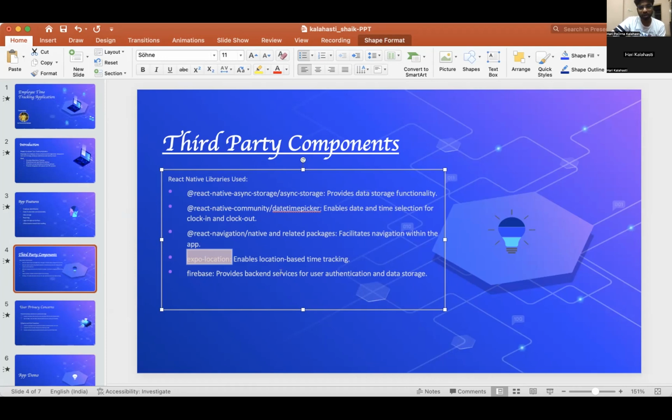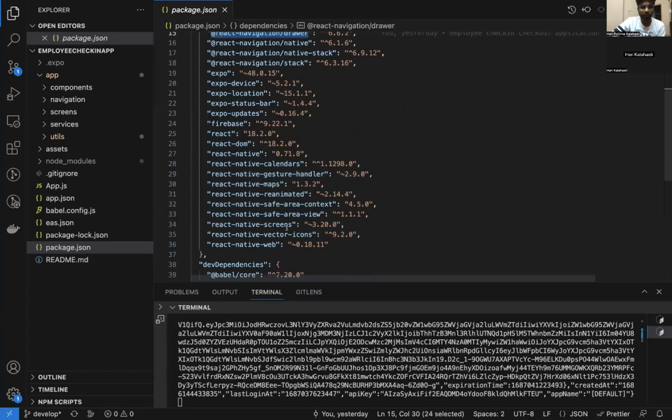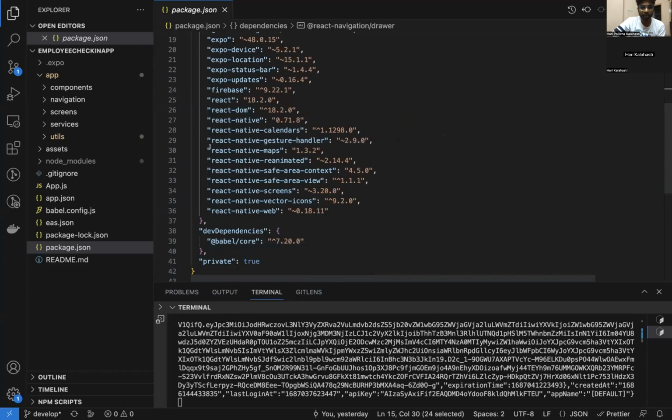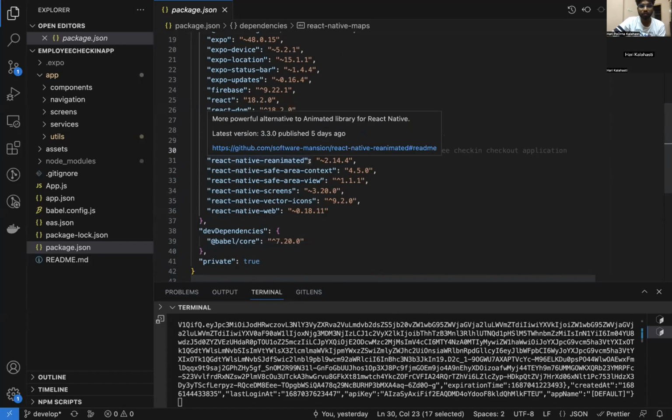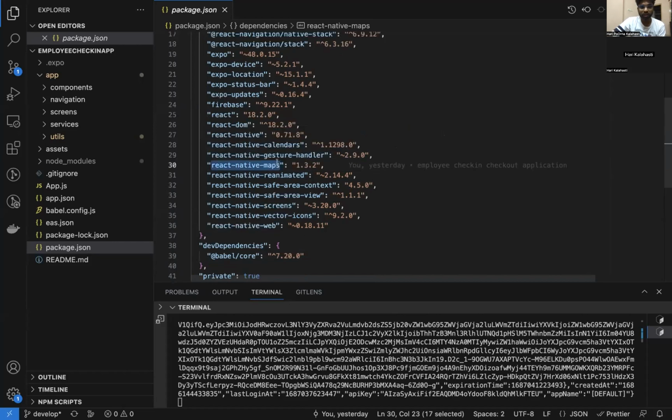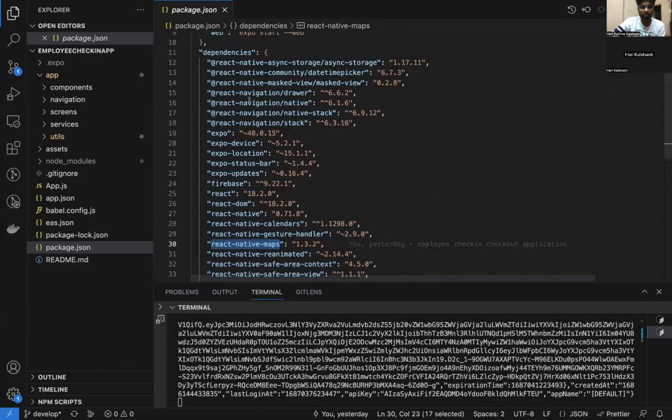Apart from this, I'm also using some React Native libraries. Let's say I'm using React Native Maps. In the dashboard, I'm going to show the map of the office location. For this, I'm going to use React Native Maps and also something like